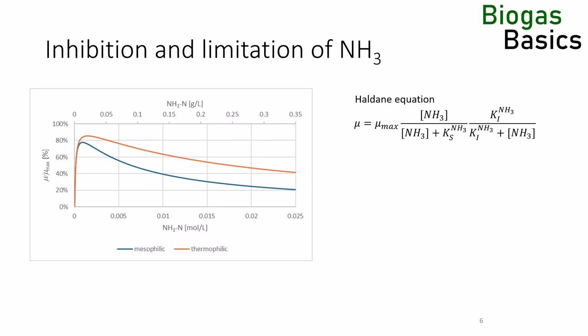Ammonia is both a substrate and an inhibitor for methanogens. They need a small concentration for growth, but at higher concentrations, the ammonia quickly becomes inhibiting. The mathematical description of this correlation is the Haldane kinetic. The first term is similar to the Monod kinetic, and then we multiply a term Ki over Ki plus free ammonia to the kinetic. At no or low ammonia concentration, the inhibition term is 1, but as the ammonia concentration increases, the term becomes smaller and eventually dominates the Monod term.